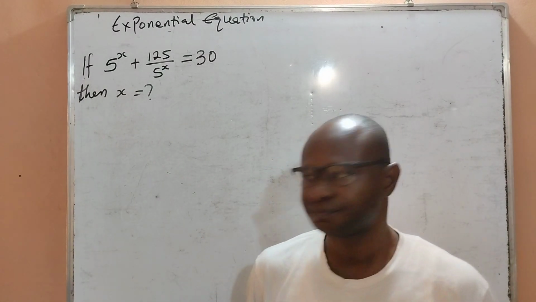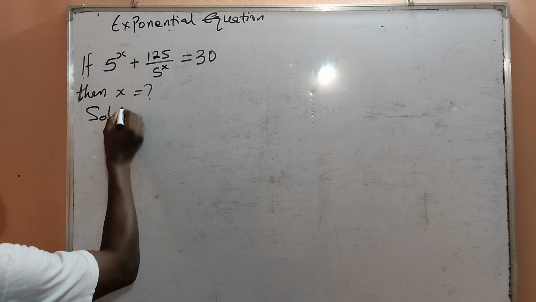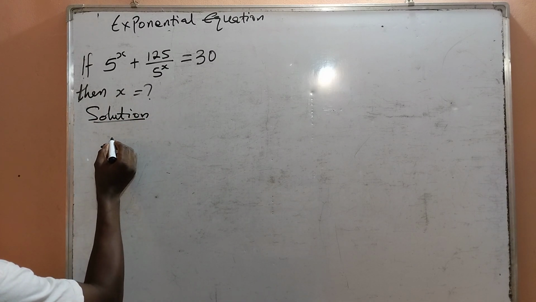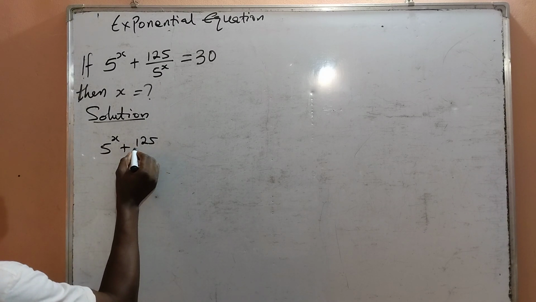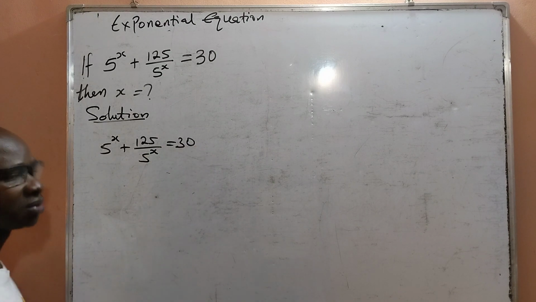Let's dive in. So, solution. Given is 5 to the power of x plus 125 all over 5 to the power of x equal to